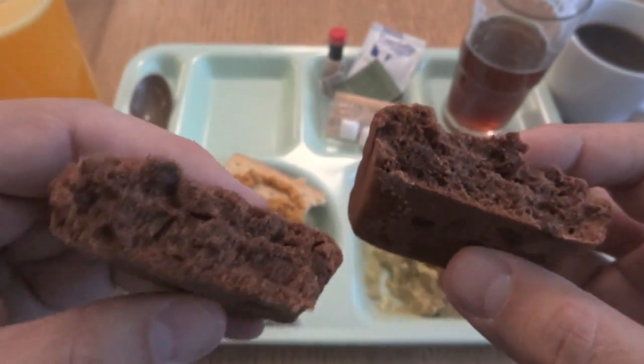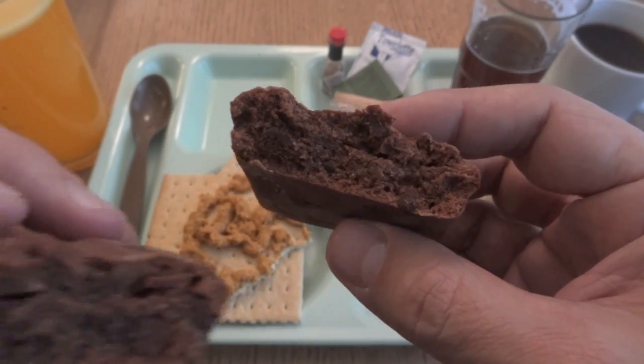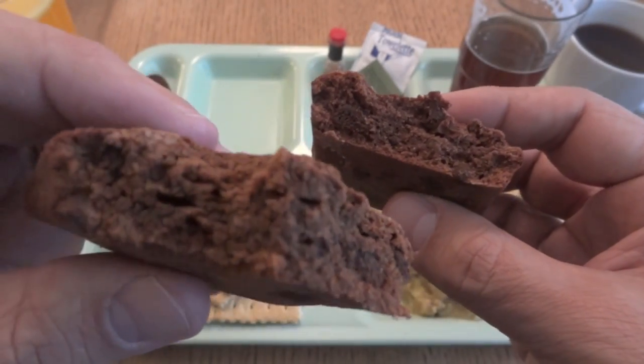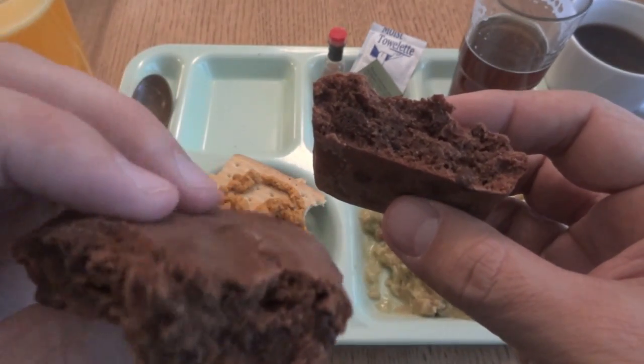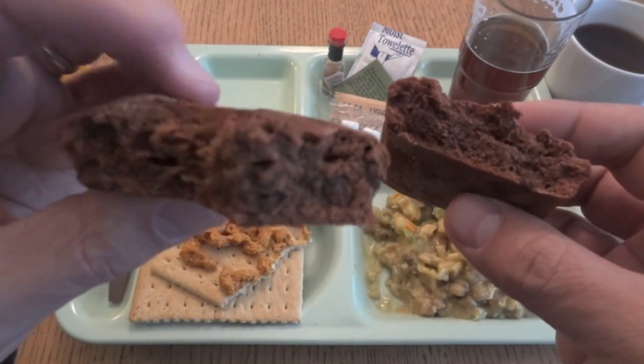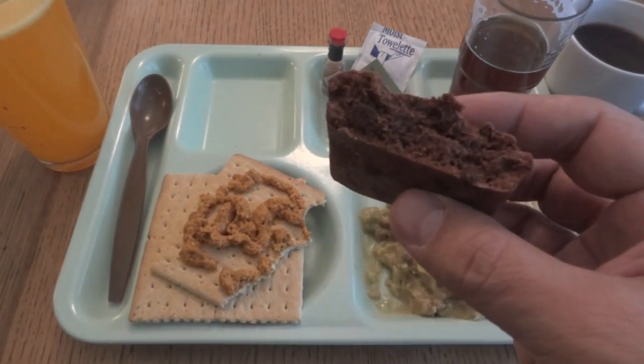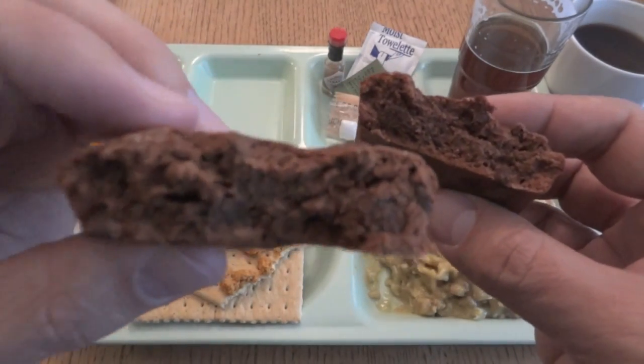I'm definitely expecting a very chocolatey flavor out of this one. And that's just what you get. The chocolatey is kind of, it tastes like a real high quality chocolate. Not exactly something you find in a really nice candy bar, but maybe kind of along the lines of some chocolate energy bars. There's no mistaking it's chocolate, but